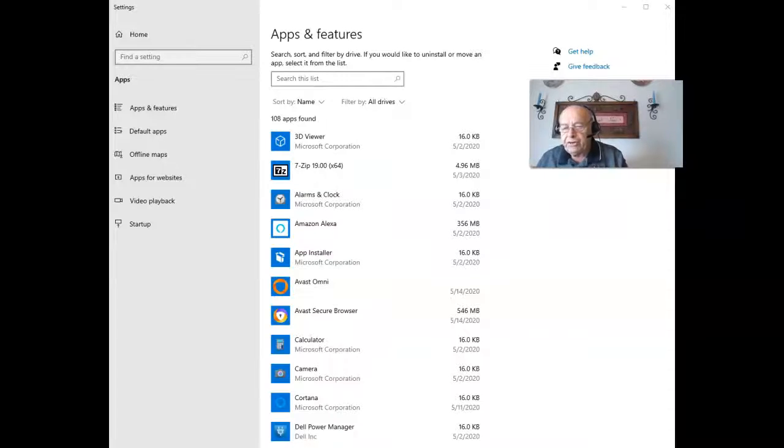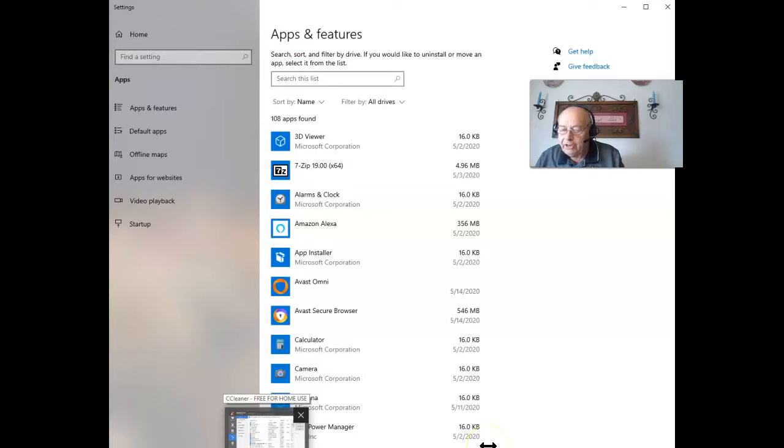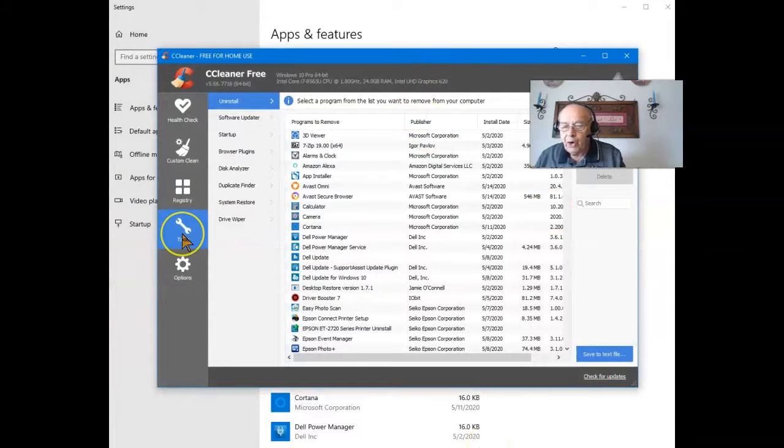Have you ever wanted to create a list of all of the programs and apps installed on your computer? I guess you could try to do a copy of what you find under apps and features, but that would take forever. There is a simple solution, and the solution is open up Ccleaner, go to Tools,